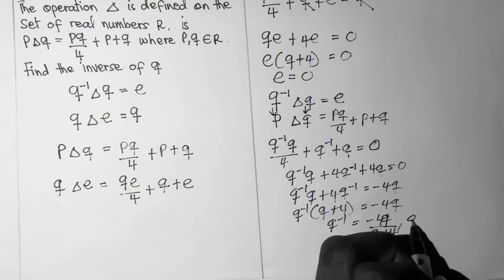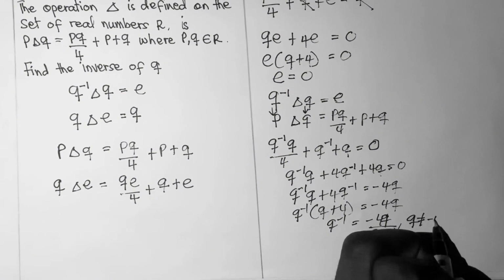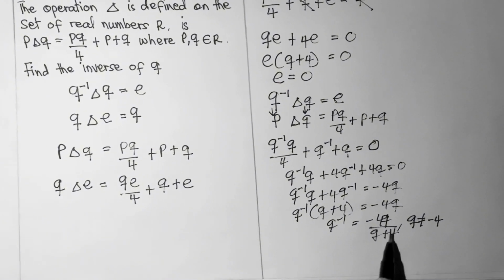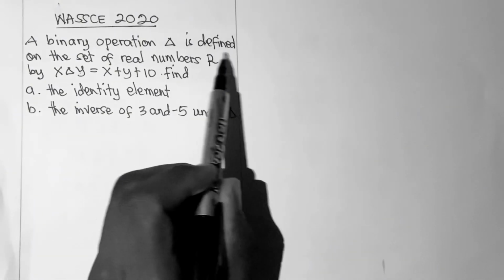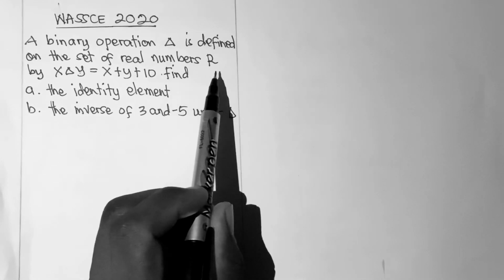However, Q cannot be equal to minus 4, because if Q is equal to minus 4, Q inverse becomes undefined. A binary operation delta is defined on the set of real numbers R,